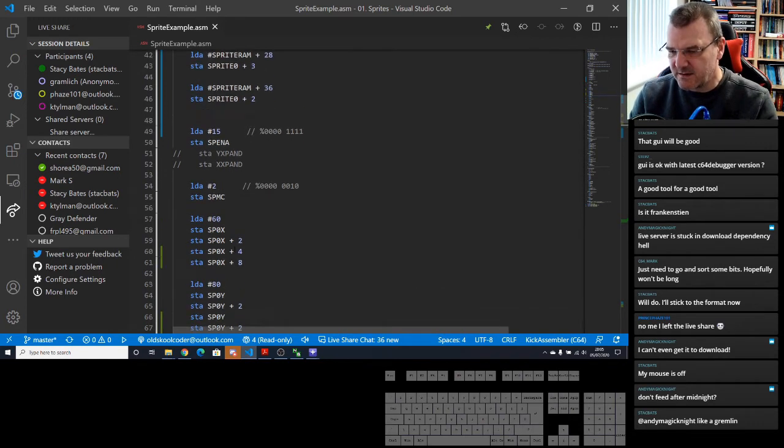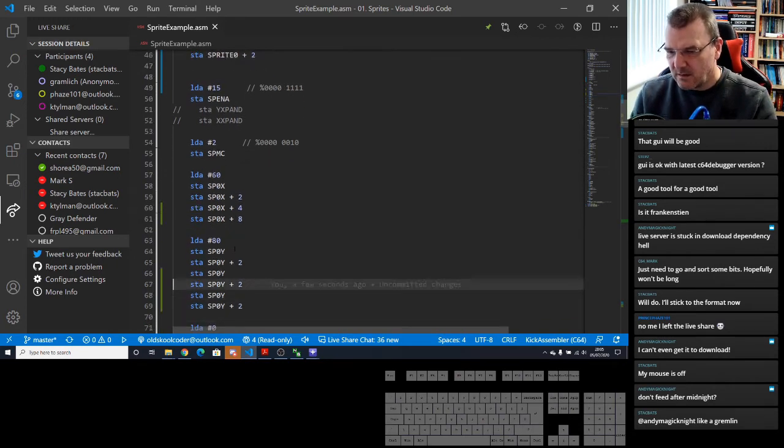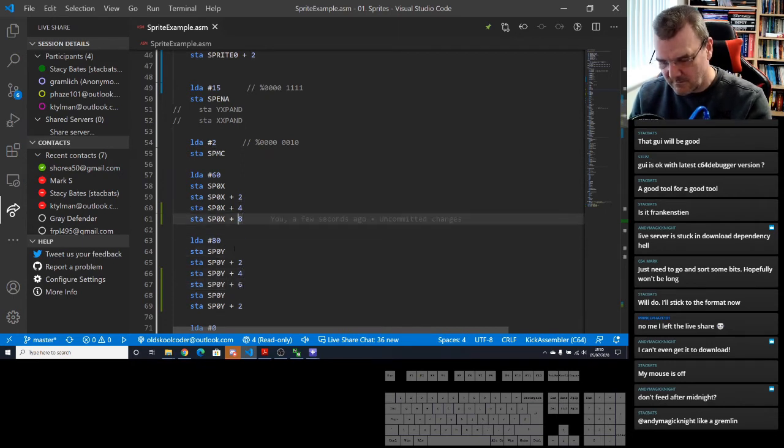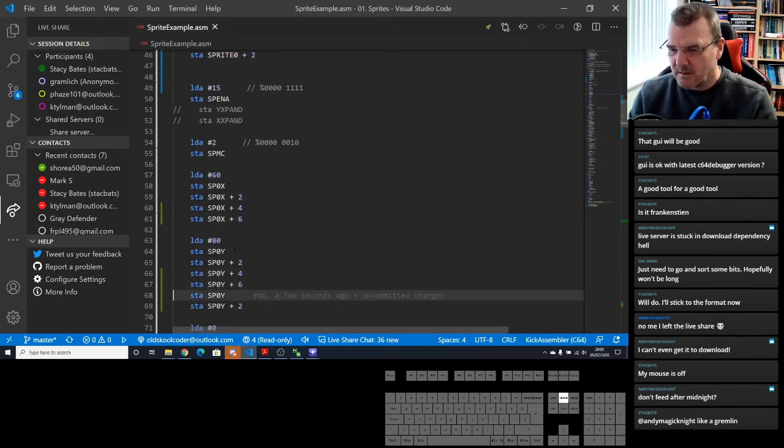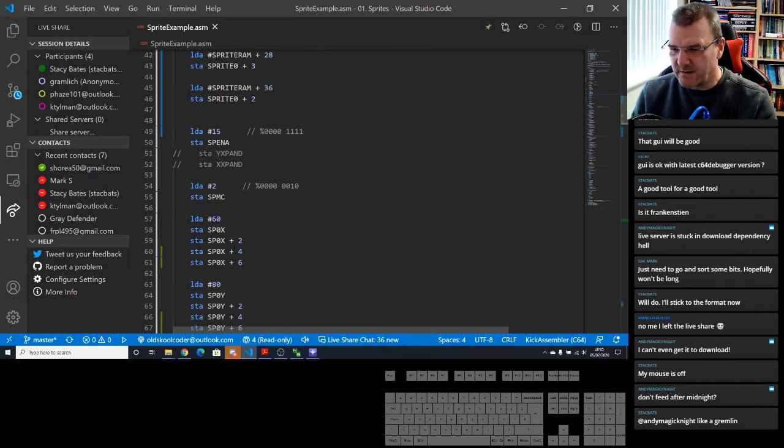So we're setting the where to. So that's the 4 sprites turned on.